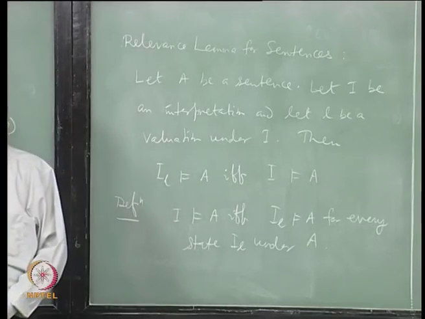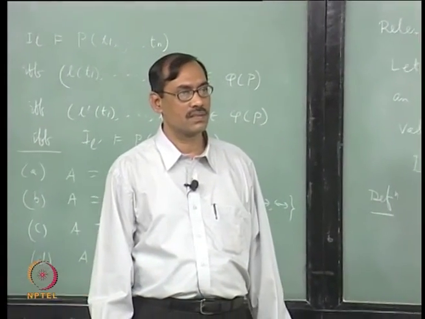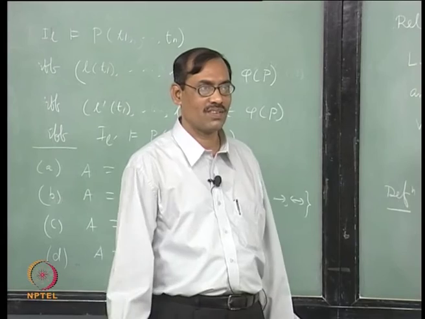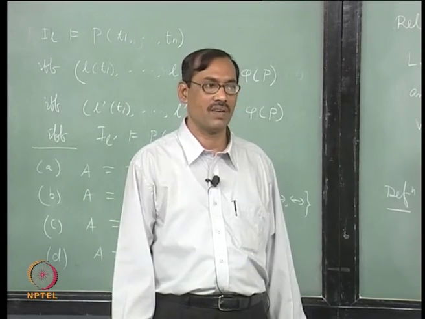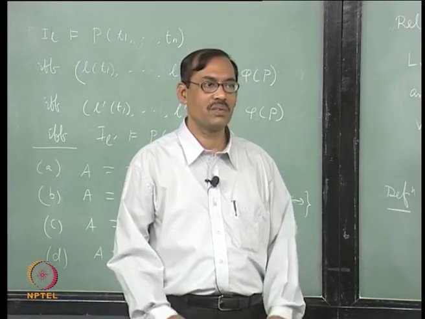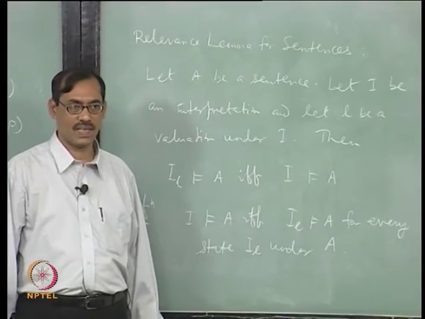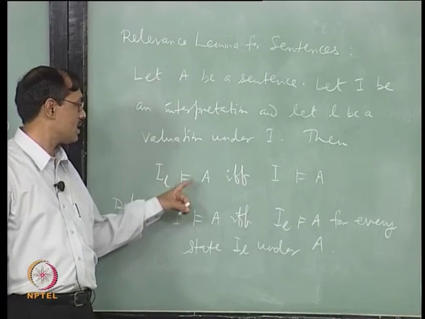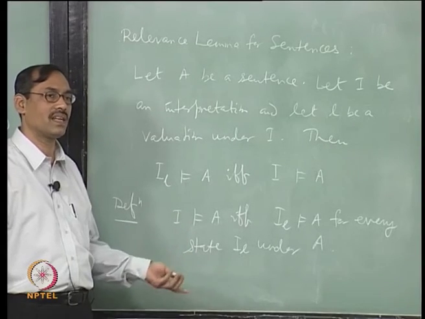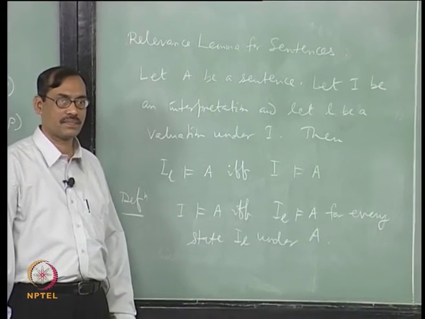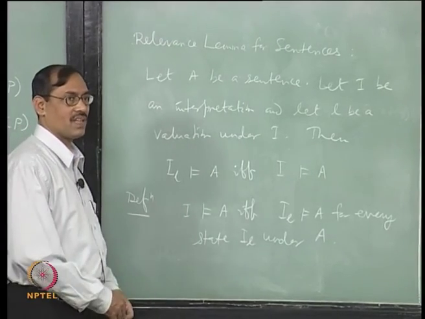That means you do not have to go to the states to interpret the formulas which are closed. A sentence can be interpreted exactly by an interpretation, no states are required. This is what our intuition was, and we are there now. So, even if you say there is a sentence and there is a state model of it, it is equivalent to telling there is a sentence, it has a model. Clear?